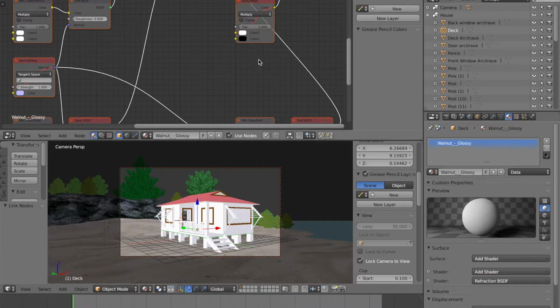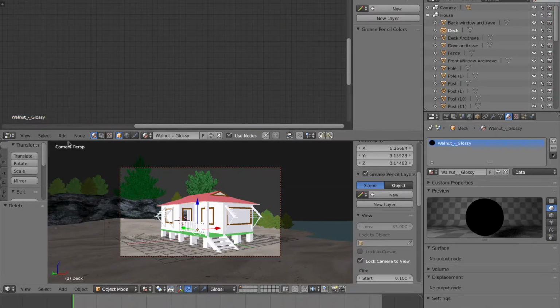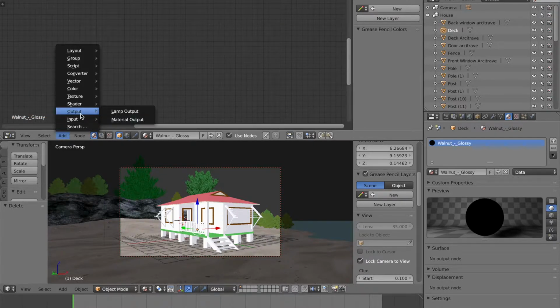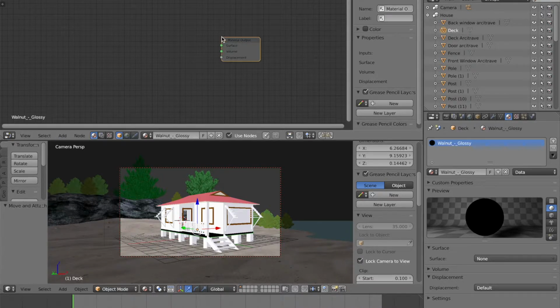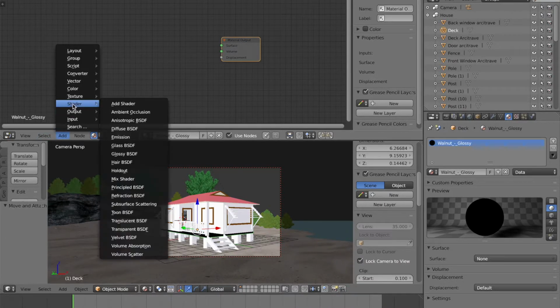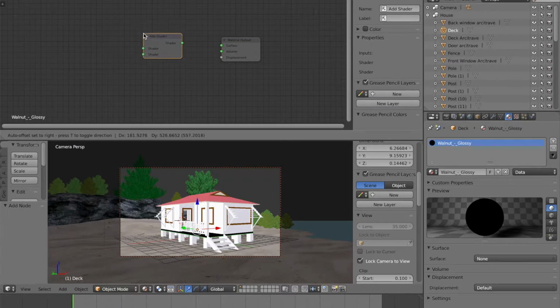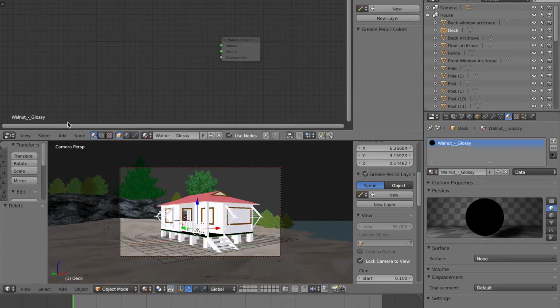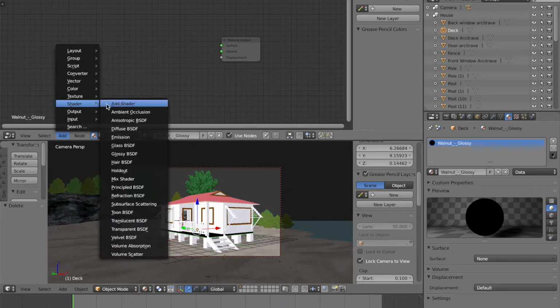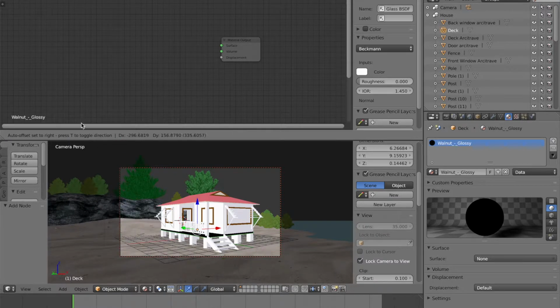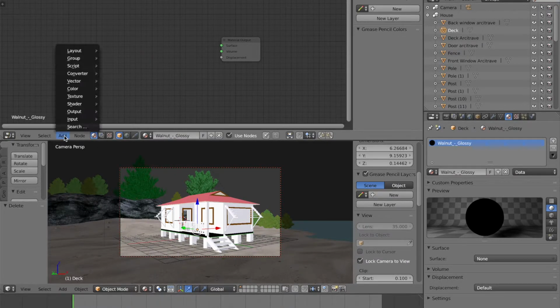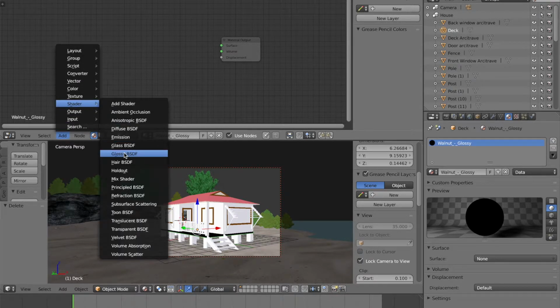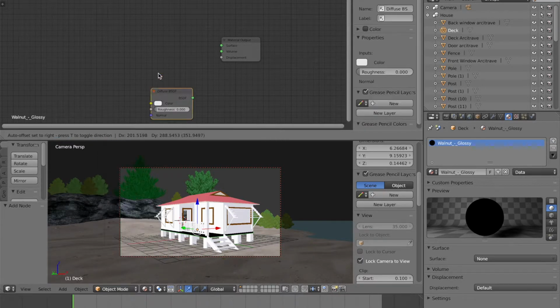The deck needs a color, so function delete, add node, add output, material output, add a shader. And my shader for this one, ooh, not a straight shader. I'm going to function delete that, add a diffuse shader. Oh man, I'm pressing the wrong things left, right, and center. That's a glass shader. Add shader, diffuse shader,